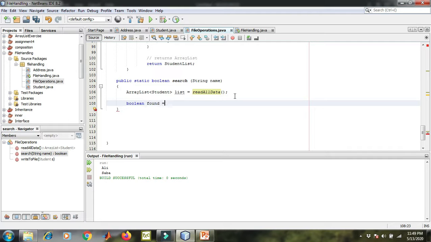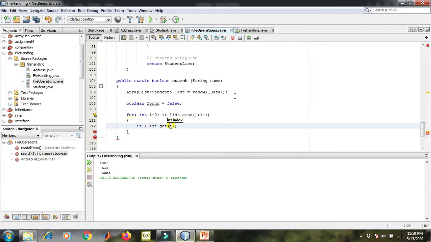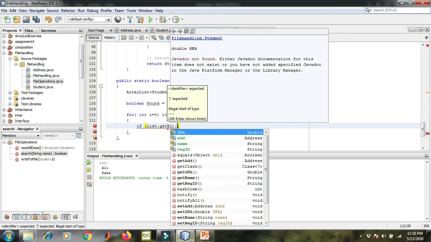So let's create a variable and just iterate through the list. Okay, if list dot get i, I hope you have now understood that when we have a list that contains user defined objects, on get i we cannot apply any comparison or equality operation. Okay, we have to apply another dot on get i because get i is returning me the reference.